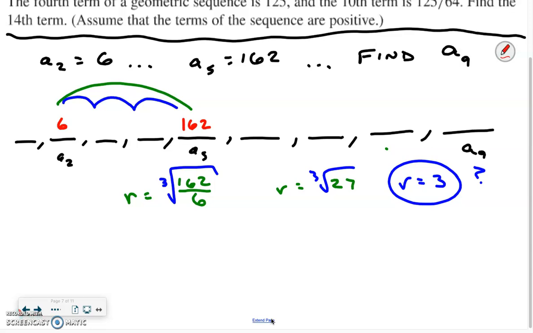Now that we know that r is equal to 3, we can actually fill in the remainder of this. So if we wanted to fill in all of it, again, if the second term is 6 times 3, the third term is 18, times 3 tells me the fourth term, times 3. Does that confirm that the fifth term is 162? Times 3 is